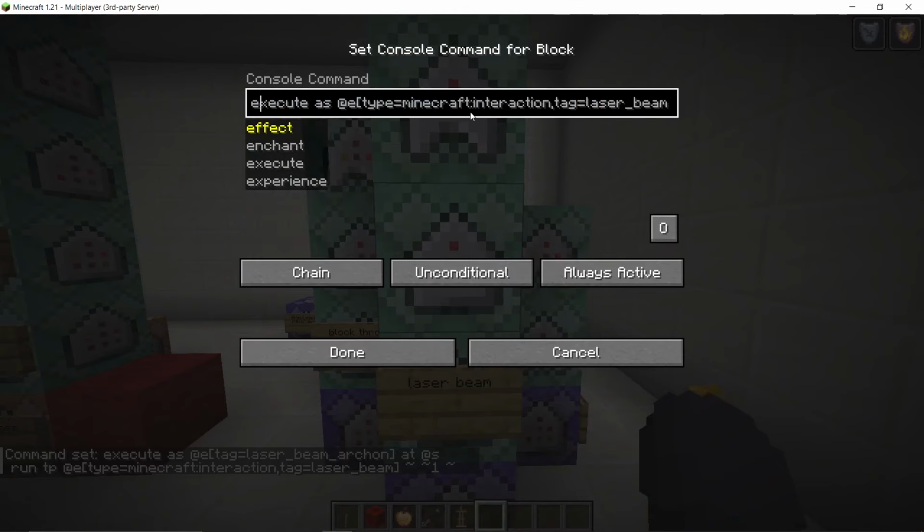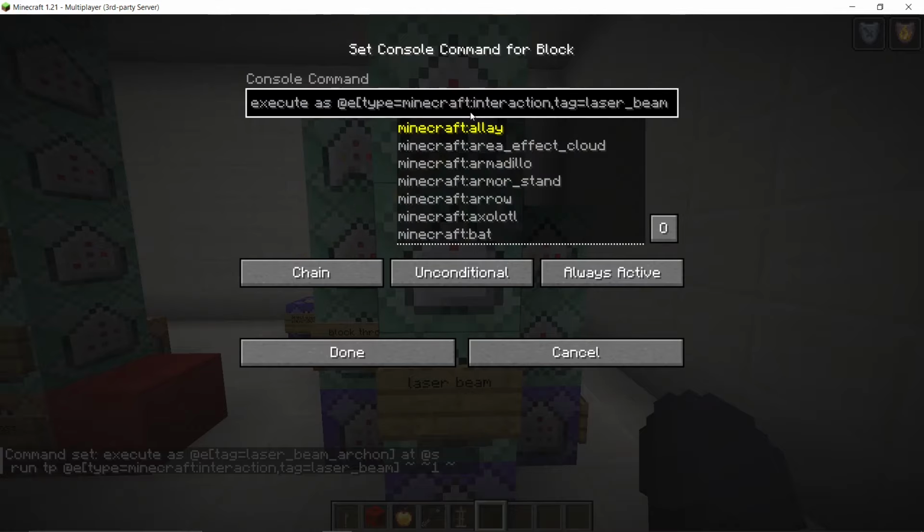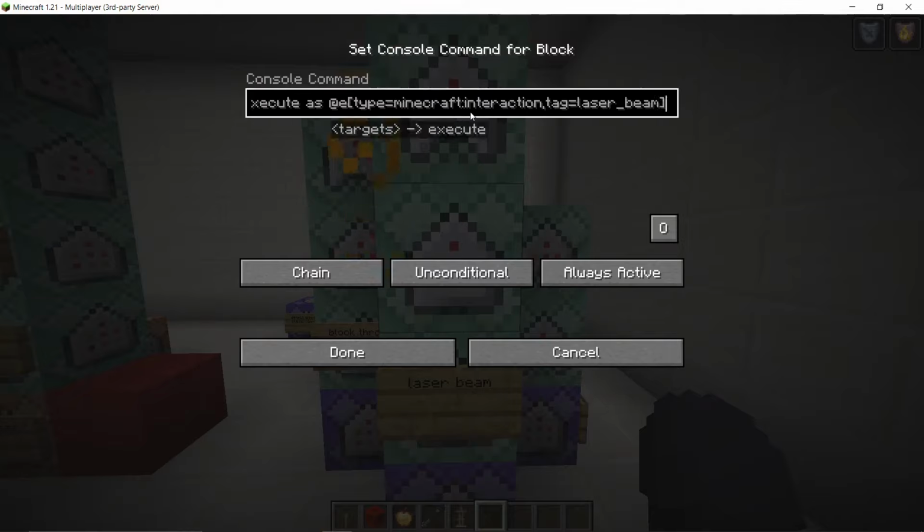Now, whenever we want to detect if the interaction's been attacked or not, we want to execute as the interaction, right, which is our laser beam tag, on attacker. So if we want to detect if we're left clicking, it's on attacker. For right clicking, it's on interaction. So mine's the attacker because we're going to be left clicking or punching it or swinging a sword at